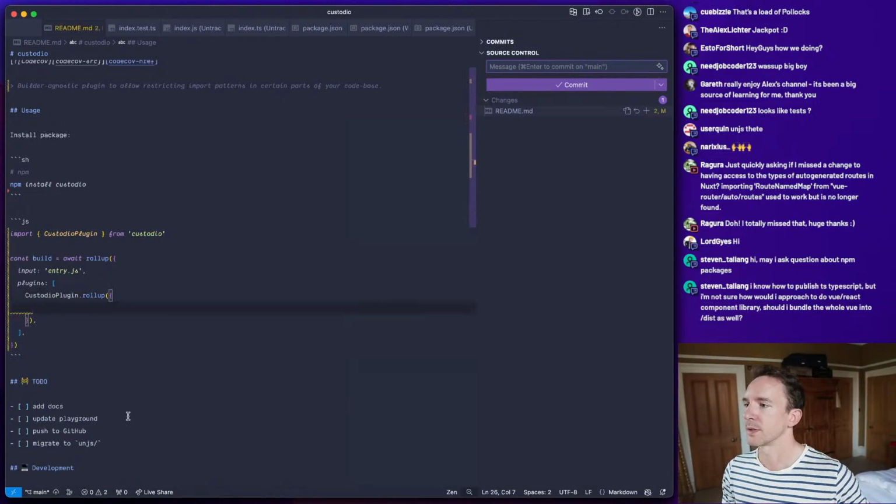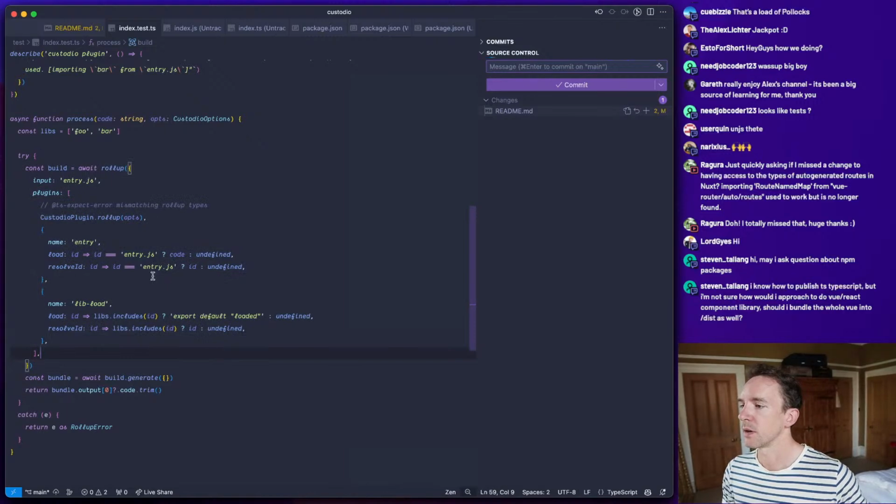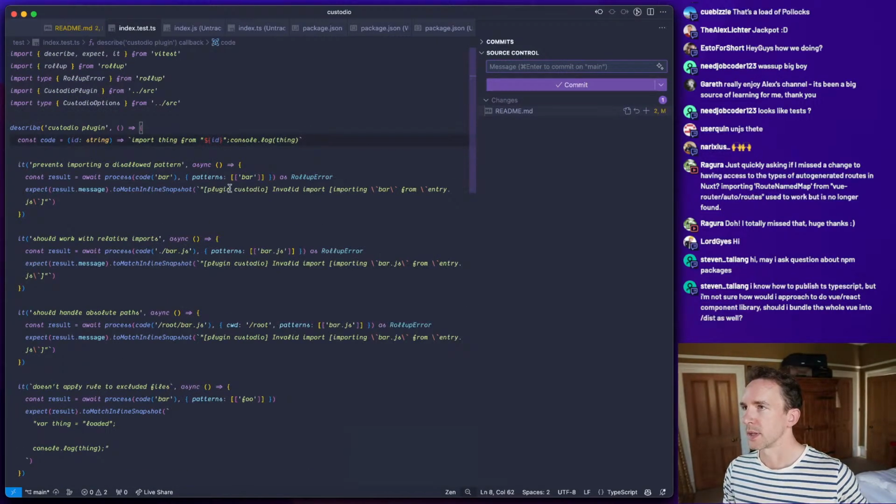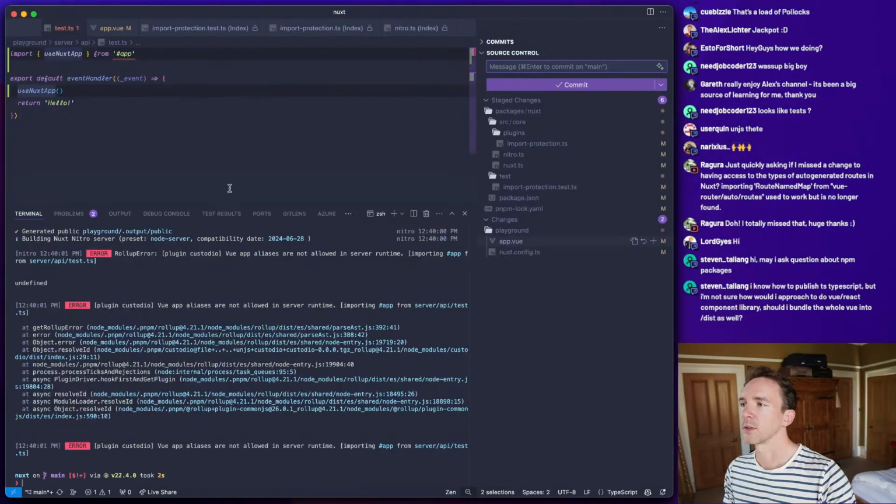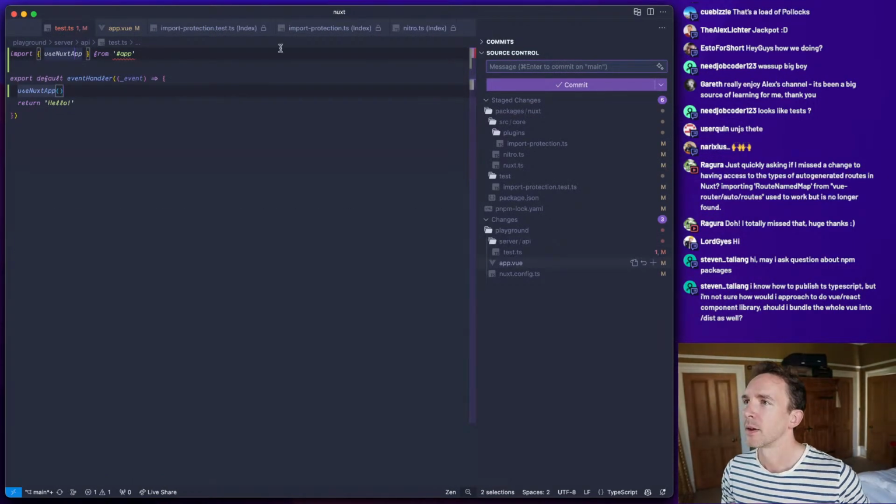We have some options, and the options are, let's use the example from Nuxt just to make this super simple. Something like